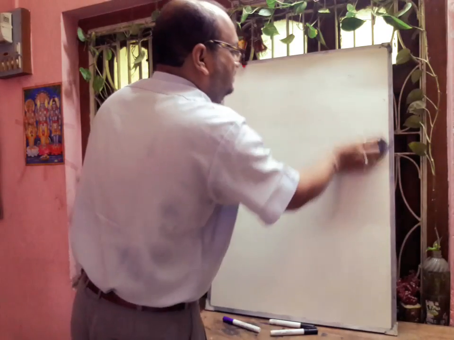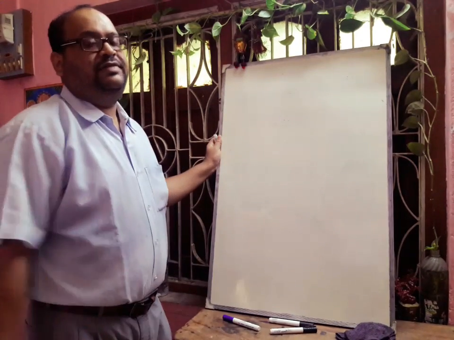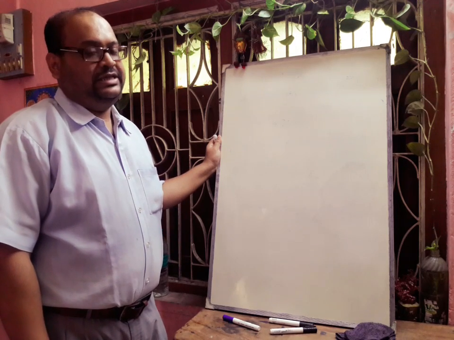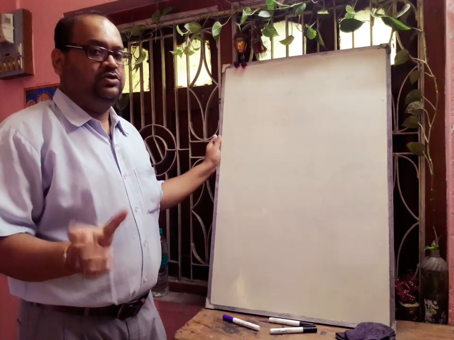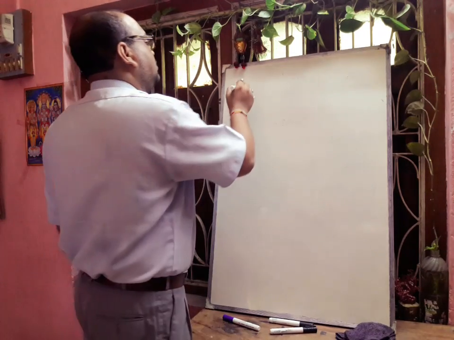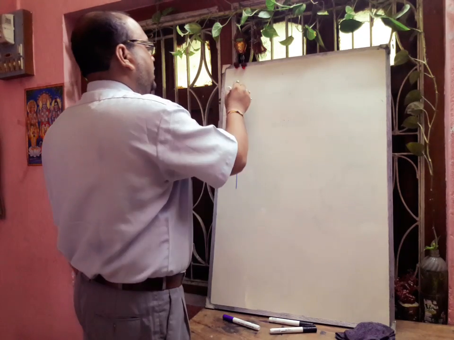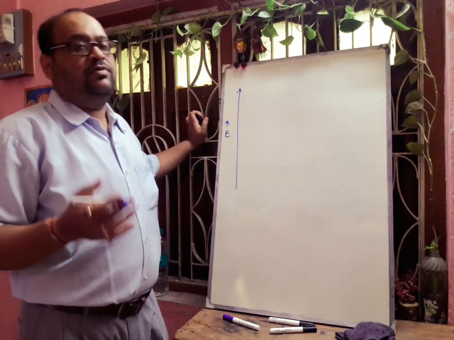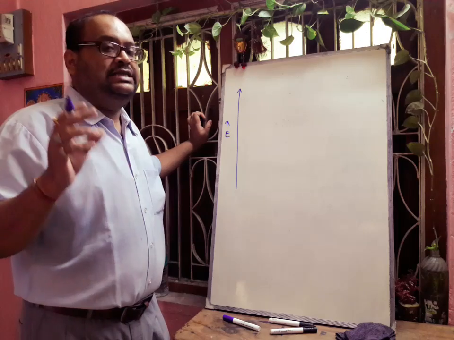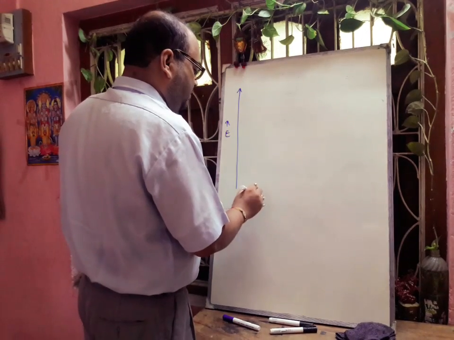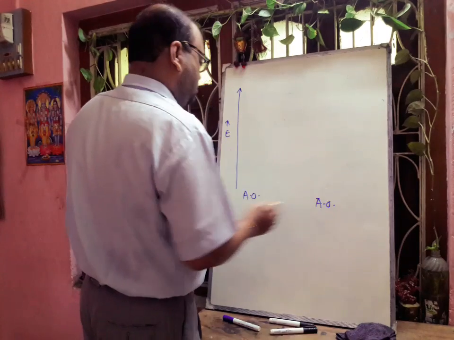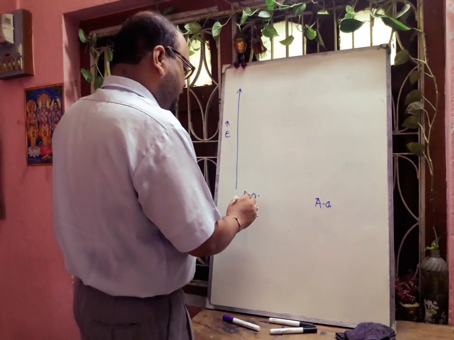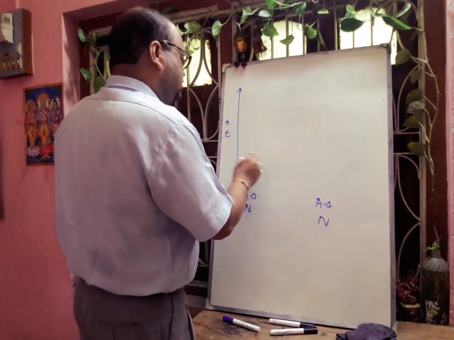In case of nitrogen, we know the electronic configuration is 1s2, 2s2, 2p3, so the outer will be 2s2, 2p3. So this is the MO diagram for nitrogen, and this is the energy axis. I have already told you that for boron, carbon and nitrogen, the energy gap between 2s and 2p is small, so there will be sp mixing. This is the atomic orbital of nitrogen, and this is also nitrogen.